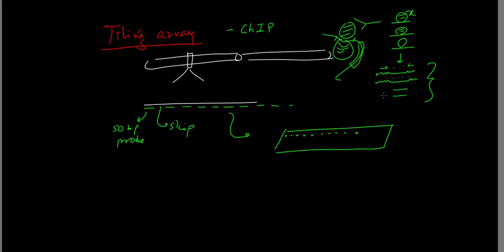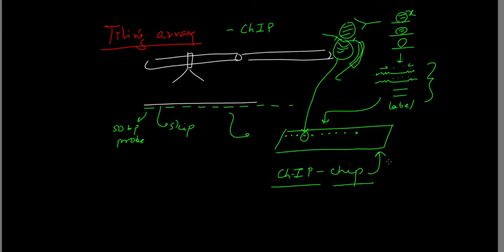Then you can take this amplified DNA, label it, and put it on this chip. Now you can quantify the DNA which is binding to a particular protein by looking at the intensity value of this dot. So this is called ChIP-chip. The first ChIP stands for chromatin immunoprecipitation, and this chip stands for the glass chip, the microarray chip. So that's one application. Another popular application is your CGH array.